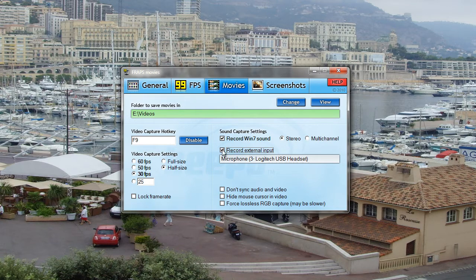If you want to record the commentary afterwards and don't want to record the commentary at the same time as playing, just uncheck recording from the microphone, still record the game sound, and then add the sound in afterwards using Sound Recorder or another